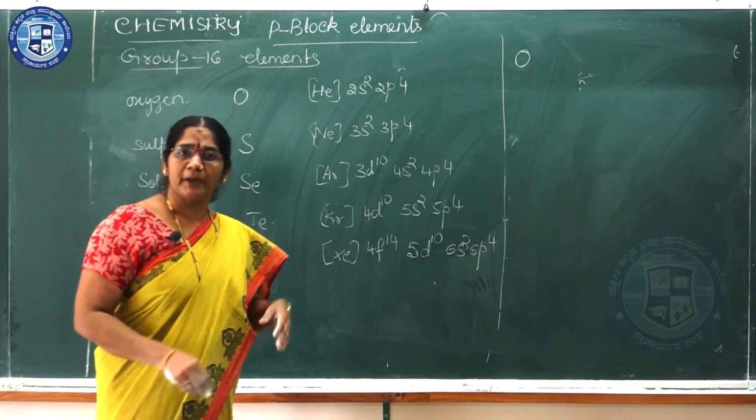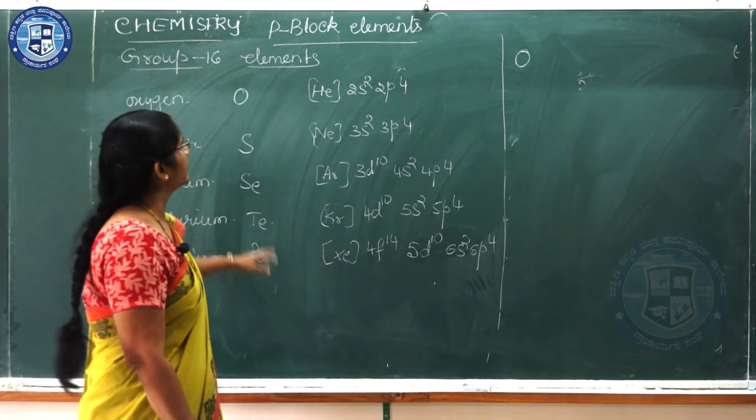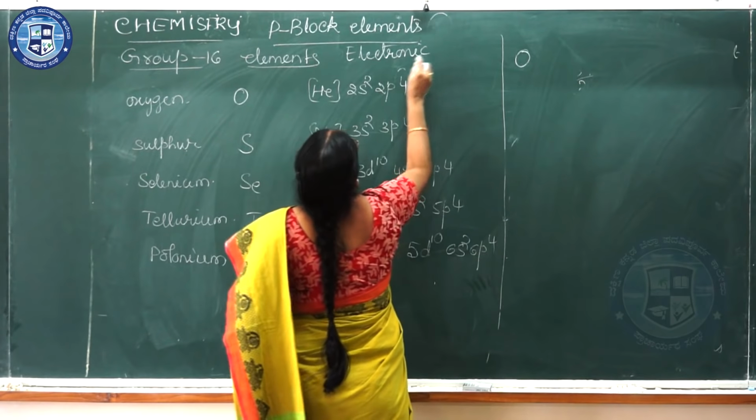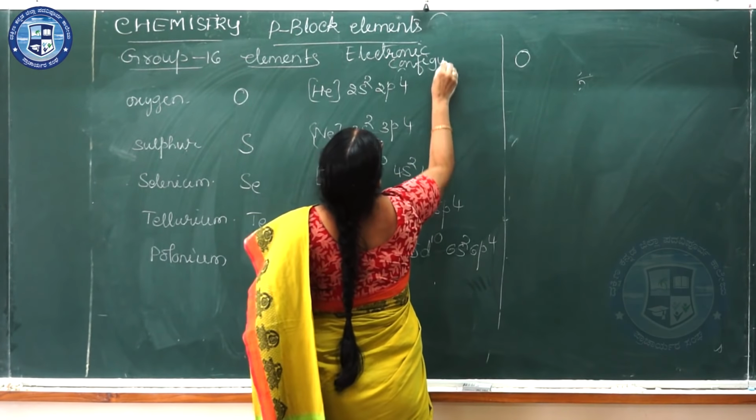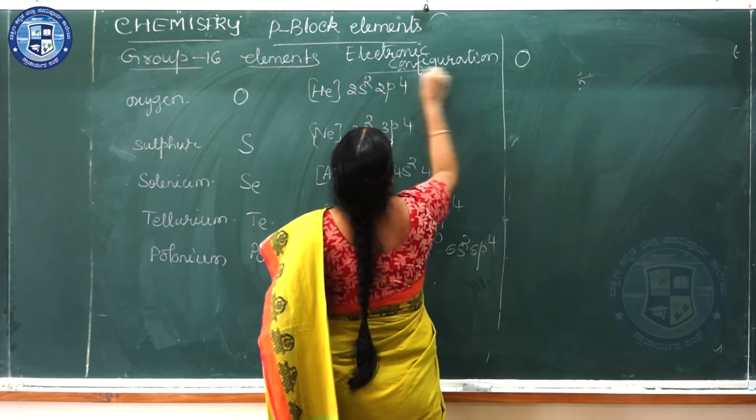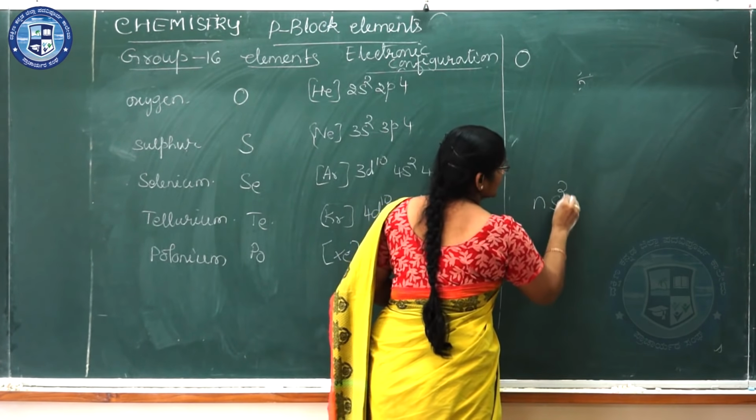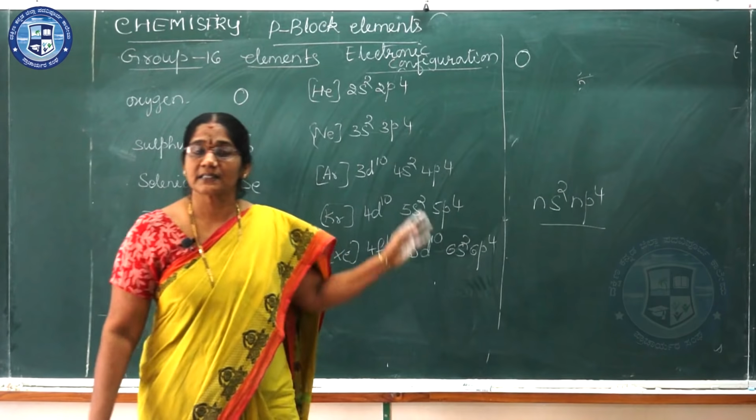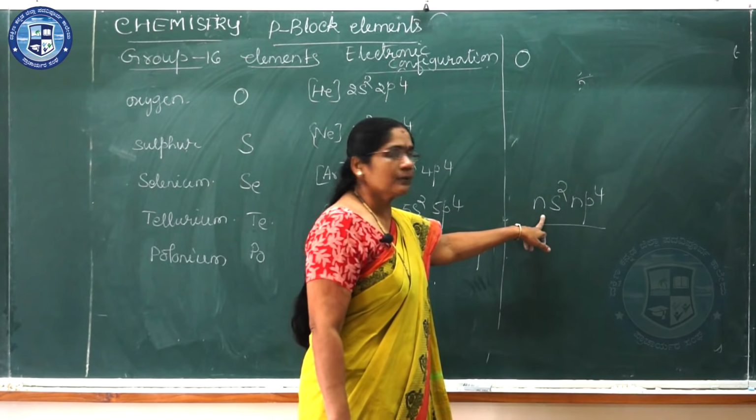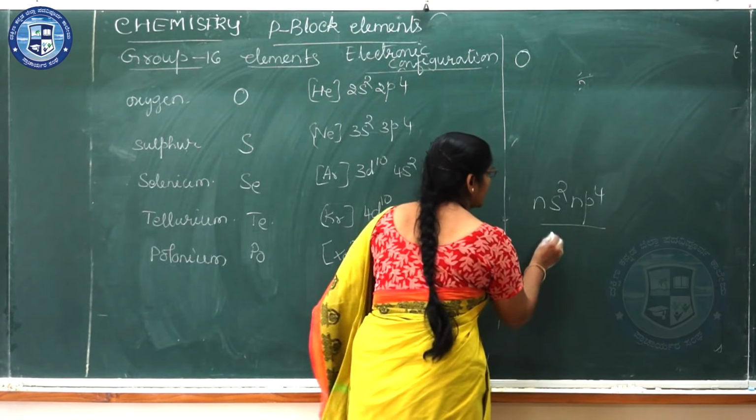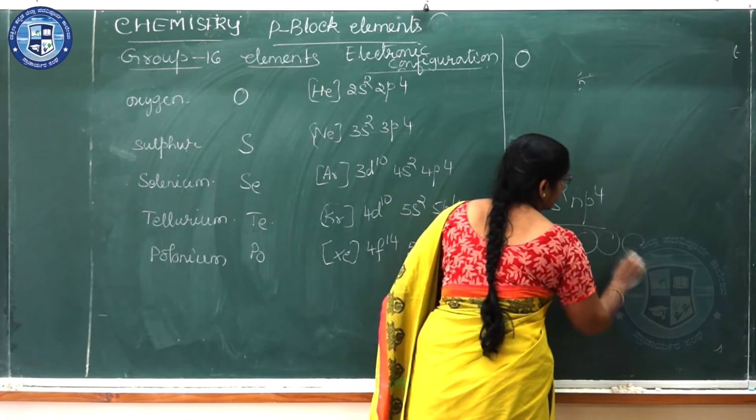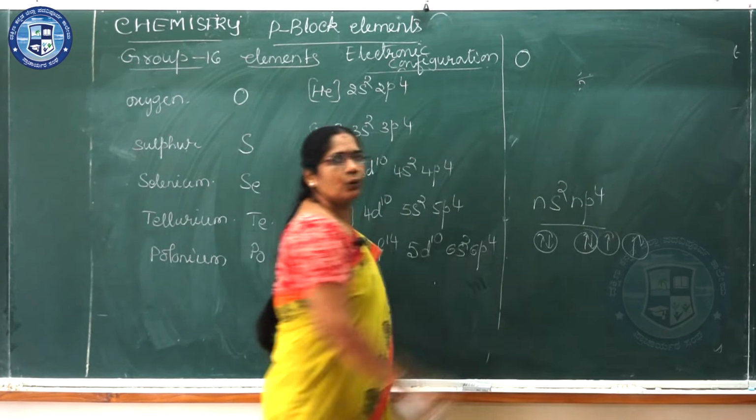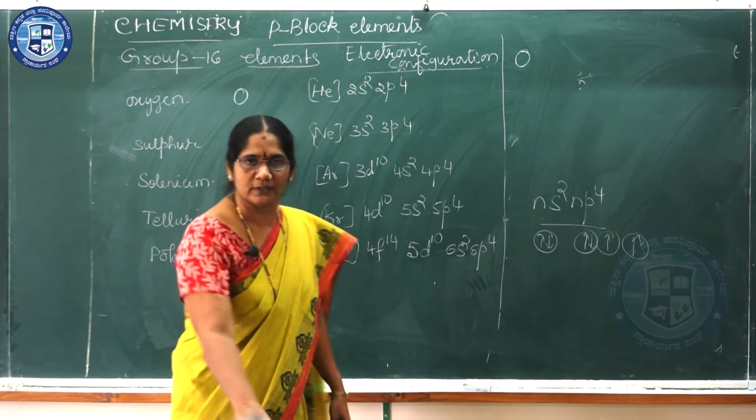Then we will see some atomic properties as we have done with the group 15 elements. Electronic configuration. As you know, there are 6 electrons in the outermost shell and the outermost electronic configuration is ns2 np4. There are 6 electrons, 2 in the ns and 4 in the np, and there is 1 lone pair and another. There are 2 lone pairs in the oxygen atom and 2 unpaired electrons in the p orbital according